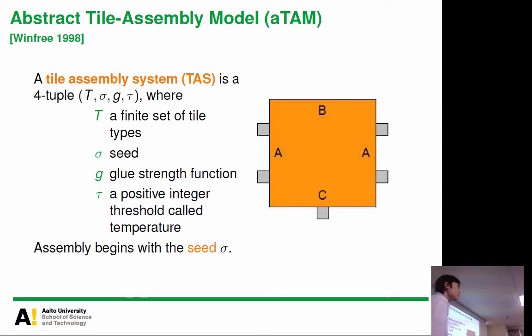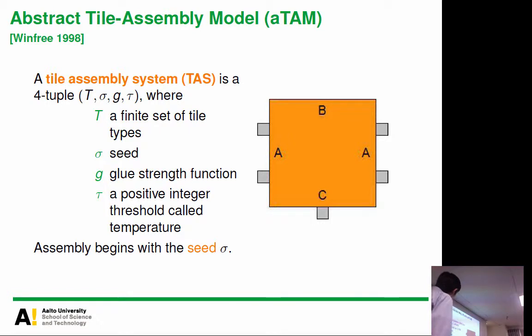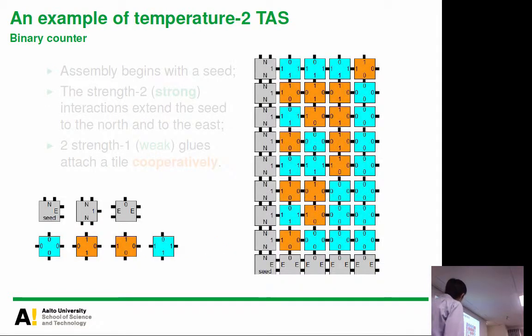Yeah. So what exactly is the sticky end, and why am I seeing 5 of them instead of 4? 5? No, it's just 4. This gray box just shows the strengths. So in this case the strength is 2, 2 bonds. This is 1 bond. This is 0 bond. So each side has its own 1 sticky end. Okay, is it clear? Okay, but let's see an example first.